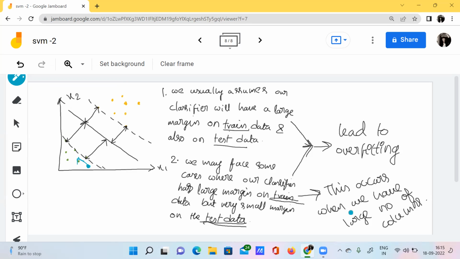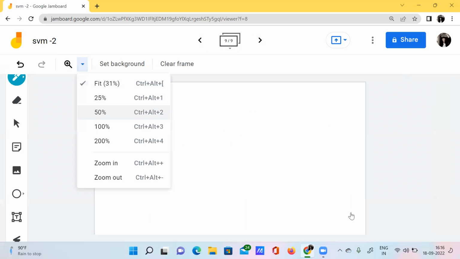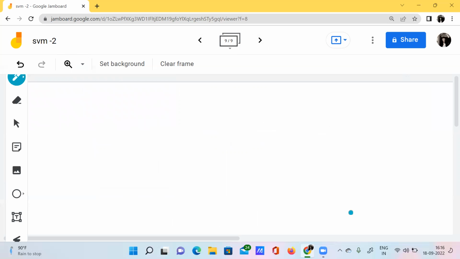When I say I have some test data here, it is lying right of this margin, so it belongs to this particular category. This is the theoretical approach, but mathematically, how can you explain this concept? I'll show you mathematically how you can explain such a topic.